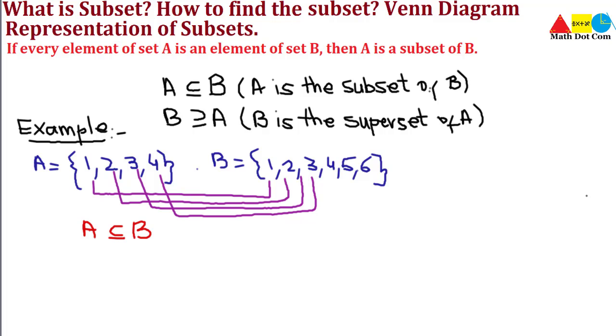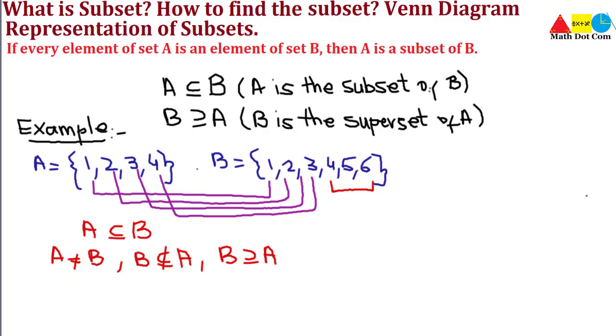But now let's check whether B is the subset of A or not. No, B is not the subset of A, because A does not contain 4, 5, 6. And for the subset, every element of one set should be in the other set. So you can say that here A is not equal to B. It is clear, A is not equal to B. So B is not the subset of A, but B is the superset of A, as we have discussed above. This is how you can find whether one set is the subset of another set or not.